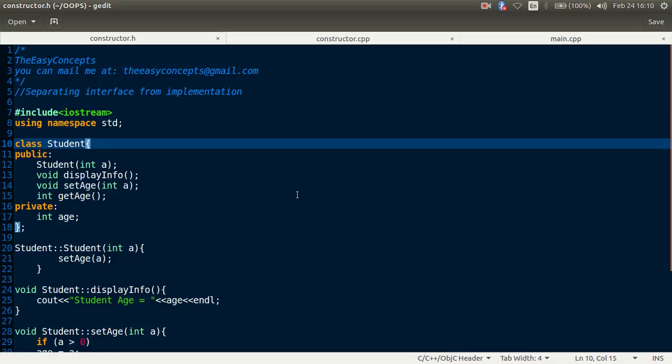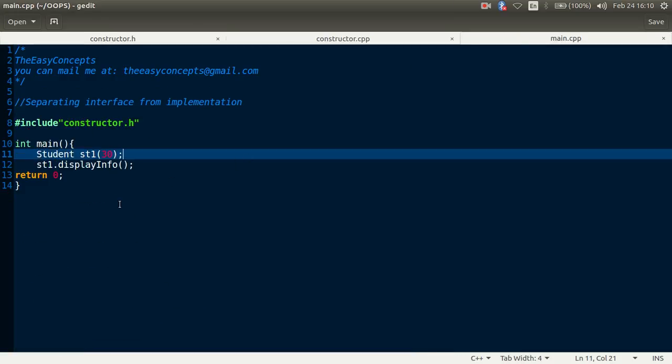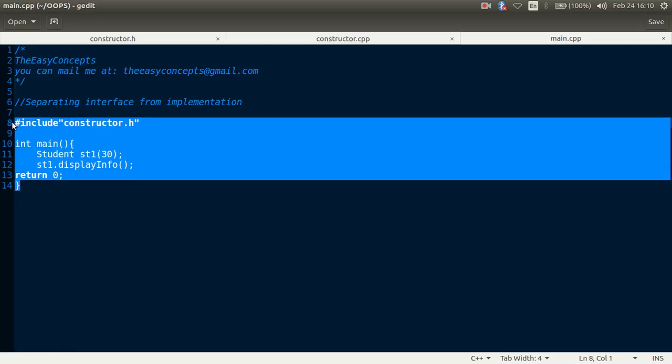When another program or client includes this header file, that program will have two main functions, and in that case the compiler will give us a fatal error that a program cannot have two main functions. So we need to separate them, and how did we do this? We divided this file into two files: the class definition was kept in constructor.h and the main function was copied here.